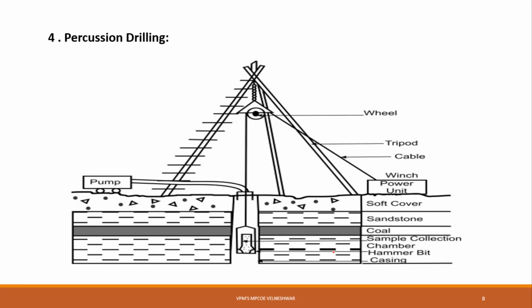Now we'll see what percussion drilling is. It is another method of drilling a hole in which a heavy drilling bit is alternately raised and dropped in such a manner that it powders the underlying material and forms it into slurry in water. What do I have to do in this percussion drilling? This is the heavy bit, and we have to alternately raise and lower it. It means you have to raise it and release it so it can hammer the underneath layer.